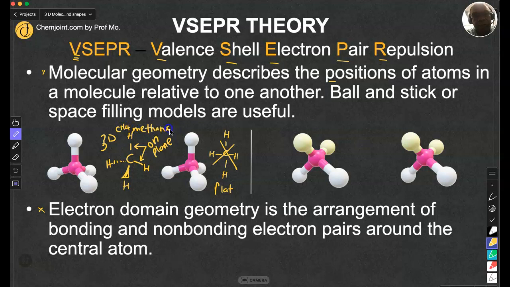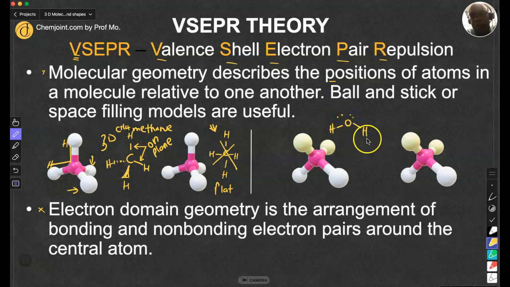And the reason why it's not flat but tetrahedral or 3D is because the electrons will repel. According to valence shell electron pair repulsion theory, the electrons making the bond will spread as much as they can in space. You can see that this is towards me and this is away, and these two are roughly on the plane. Now if you look at H2O